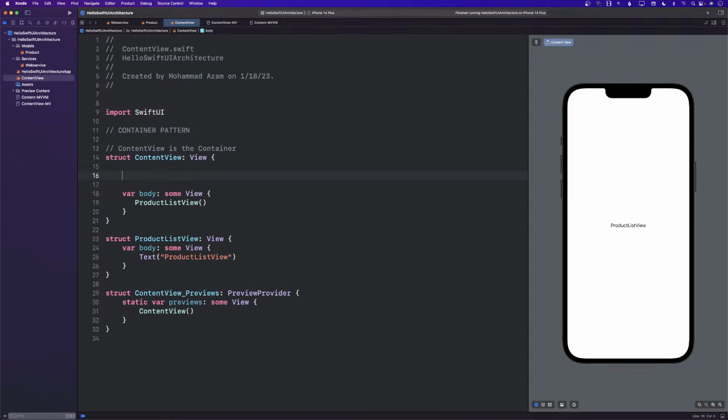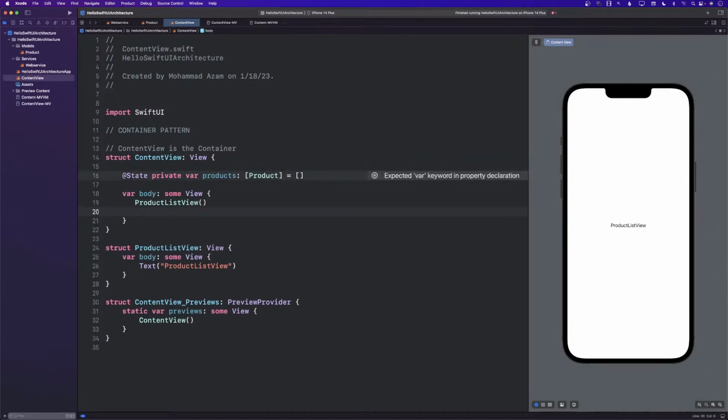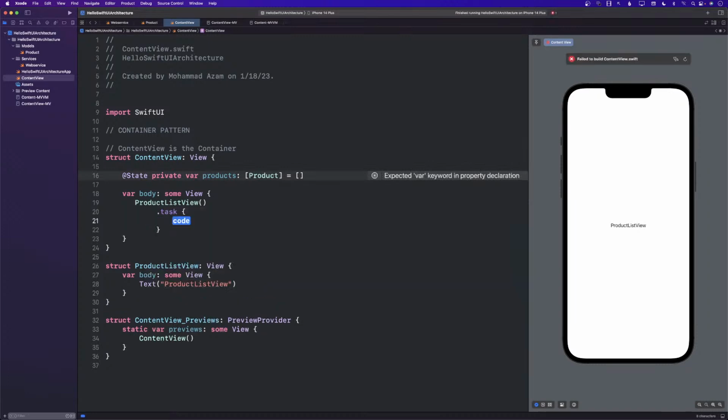So how do we download the data? We're going to use the same exact approach. We're going to create products. So this is the next pattern that we are looking at, which is the container pattern. We already looked at MVVM, MV. Now this is a container pattern. And now we need to populate this. So let's go ahead and do a task, I guess. You can see it's very similar to the stuff that I was doing before.